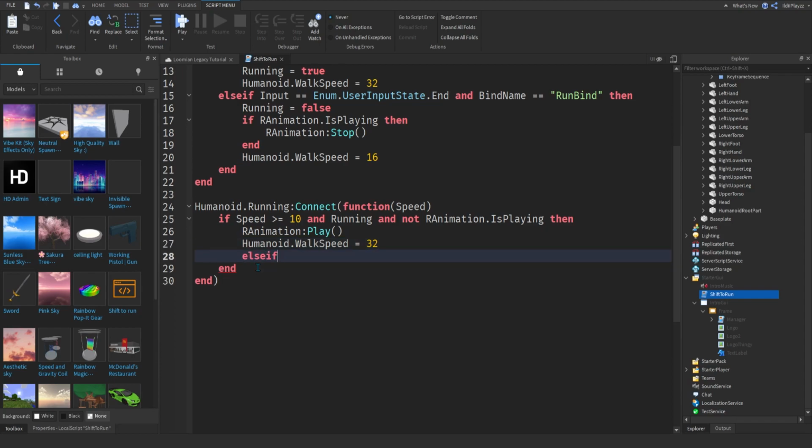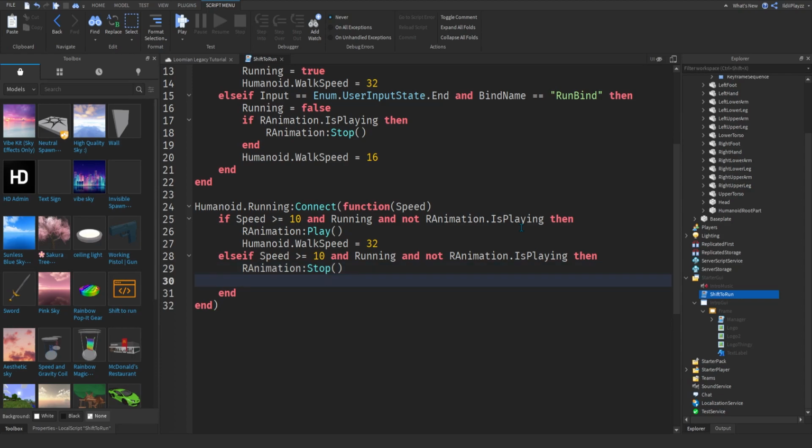Change that to the speed you put, of course. Else if you want to do the same thing, speed less than 10. Yep, that should be good. Our animation stop at this time, and humanoid walk speed is equal to 16, which is the normal. And you want to do else if speed greater than 10 and our animation that is playing, then